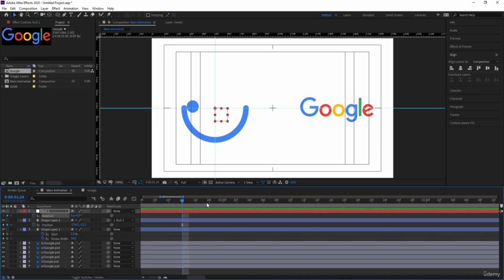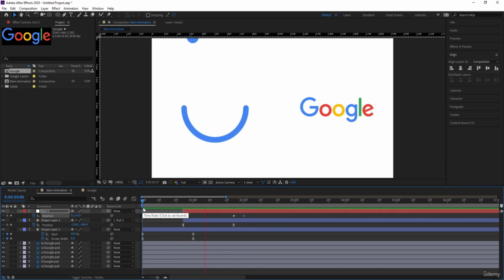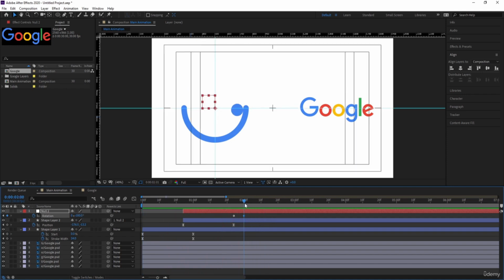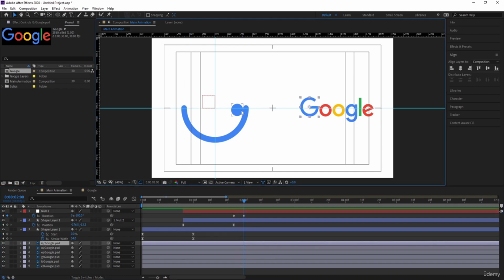Create one keyframe, go to around 2 seconds, and let's rotate it -180 like this. So if you see this animation, we will get something like this. Then at this point, I want this G to convert, this square should convert into G, and then it goes over